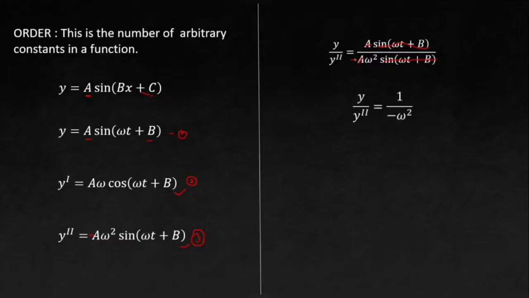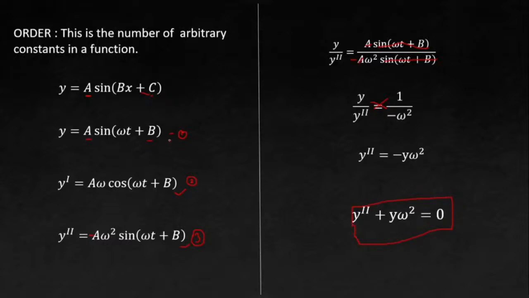Yes, that is differentiating. So differentiating here, with this you're going to get y, and you do cross multiplication. When you do cross multiplication, you're going to get y double bar is equal to this, and when you do that correctly, you're going to get this. So this is the differential equation to